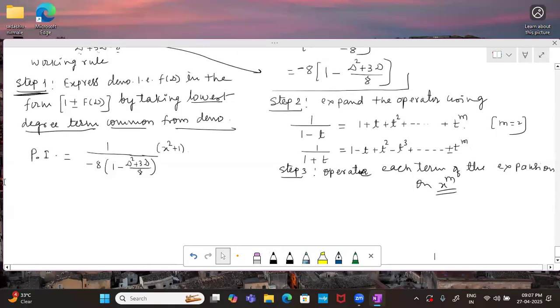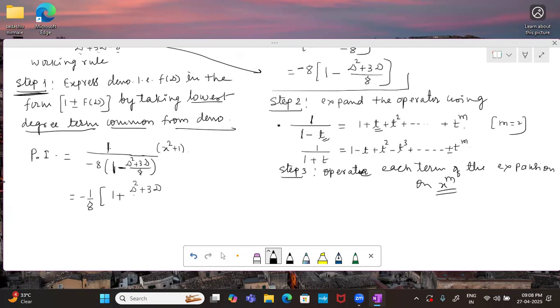See this. So by step number 2, keep this 1 upon minus 1 by 8 as it is, and just expand 1 upon 1 minus d square plus 3d by 8 using this formula. 1, here also it is 1. 1 minus t, here it is 1 minus t, this is t. So if we apply, you will get 1, this one. What is equivalent of t? Equivalent of t is d square plus 3d upon 8